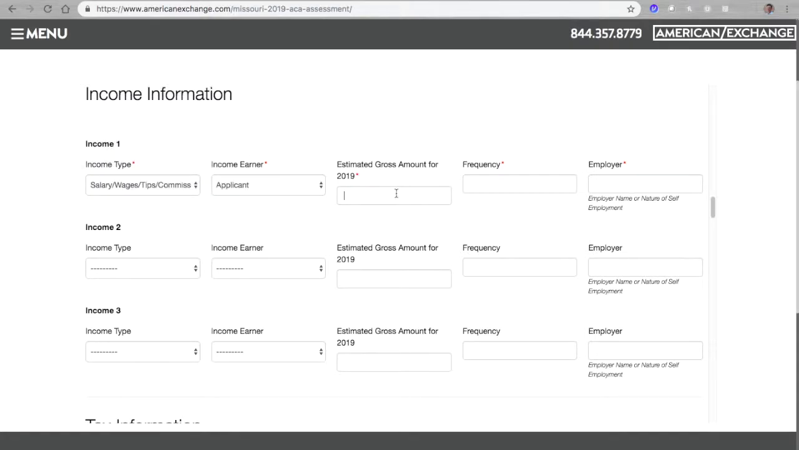And then you would enter a numeric figure for the estimated gross amount of income for 2019. So $25,000. The frequency, annually. If you want to put in their monthly amount or their biweekly amount, you're welcome to do that. And then the name of their employer or the nature of their self-employment. Okay, so